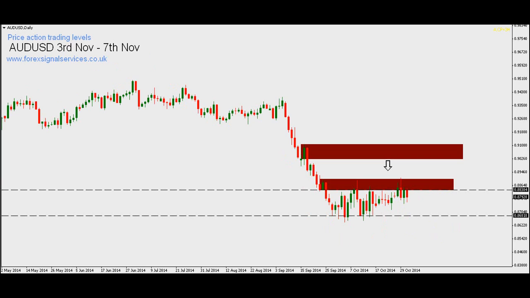On AUDUSD, sideways movement here pretty much last week. Some reasonable sized moves, but it's sideways at the moment. Now if you look at this zone here, where the price previously left it with this candle here, this is a supply zone. Note how the price left it here, came up here and then left it again just here,